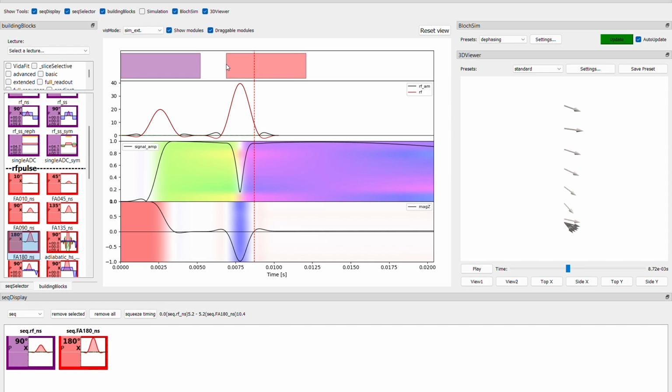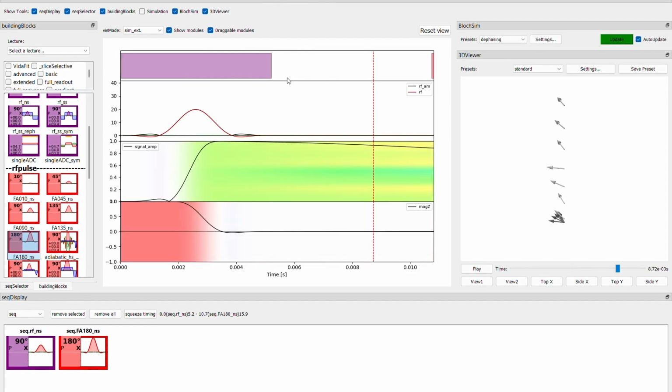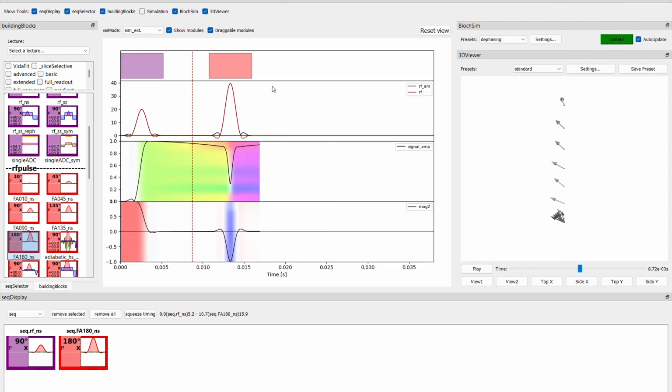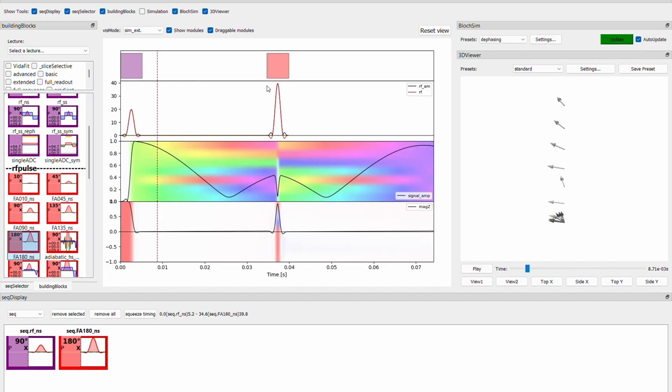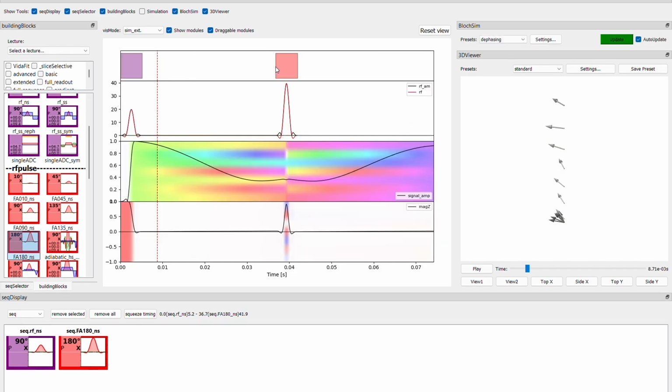So I can just click here with the left mouse button and put it to a different timing. And when I zoom out a bit again and just put it here, yeah, for example here,